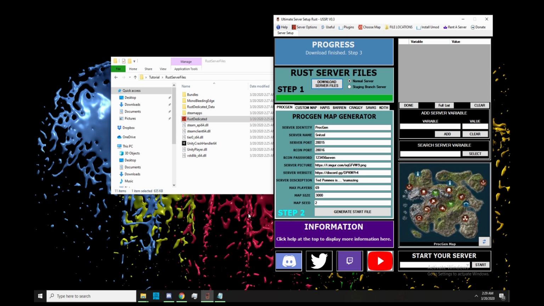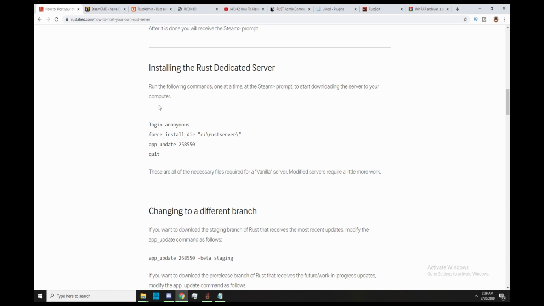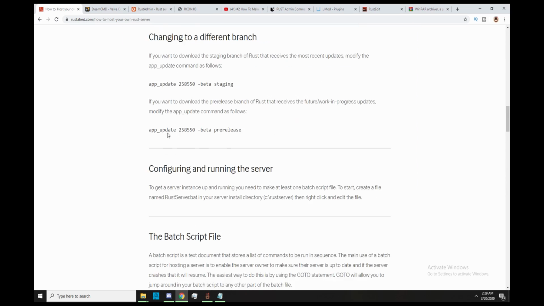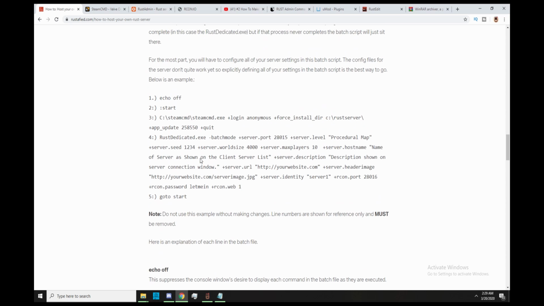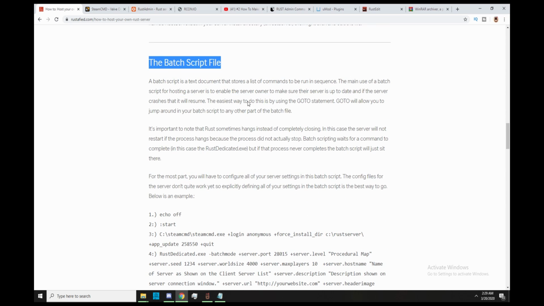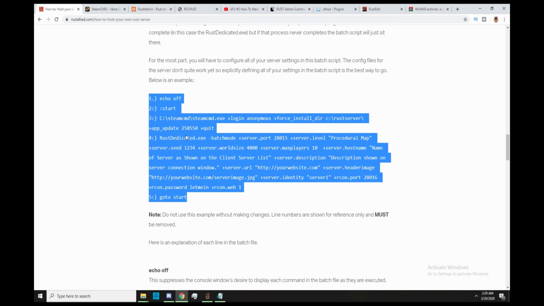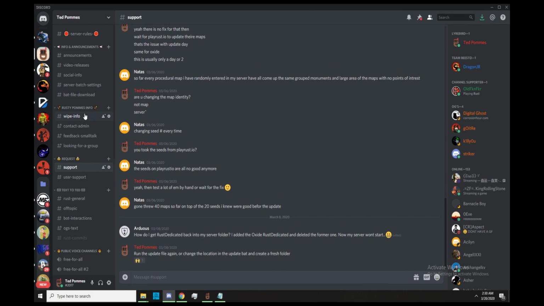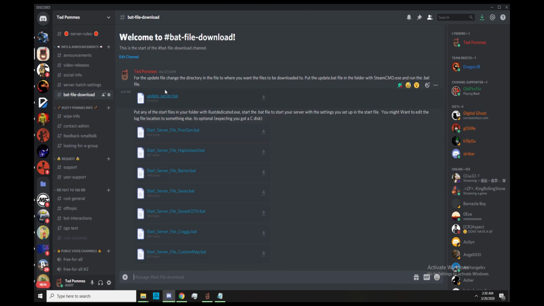Once again, there are several ways of doing this. If you go to Rustified, where is it? Here it says the batch script, which is the start file. You can just copy it from here. You can also go to my Discord, and there you can download the batch files. If you go to this info and announcements,